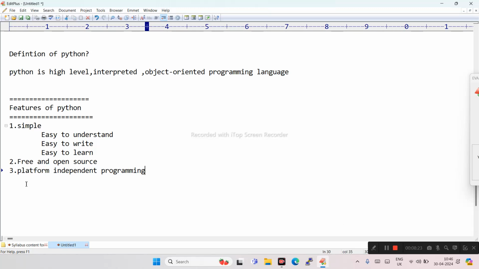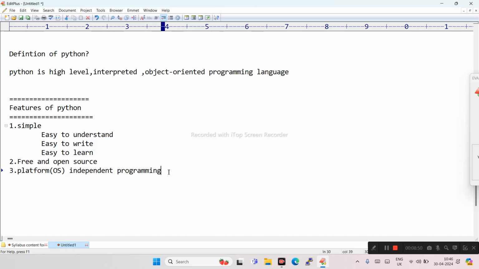Here, platform is nothing but the OS, the operating system. If you take the C programming language and download it on Windows, you can run it on Windows only. But Python is a platform independent programming language.